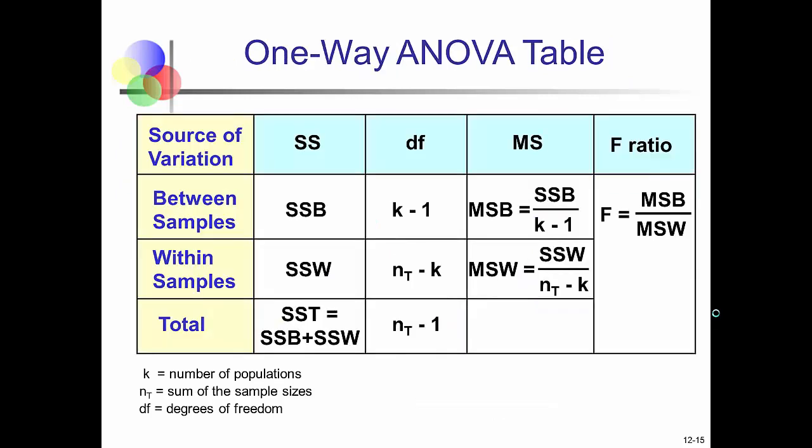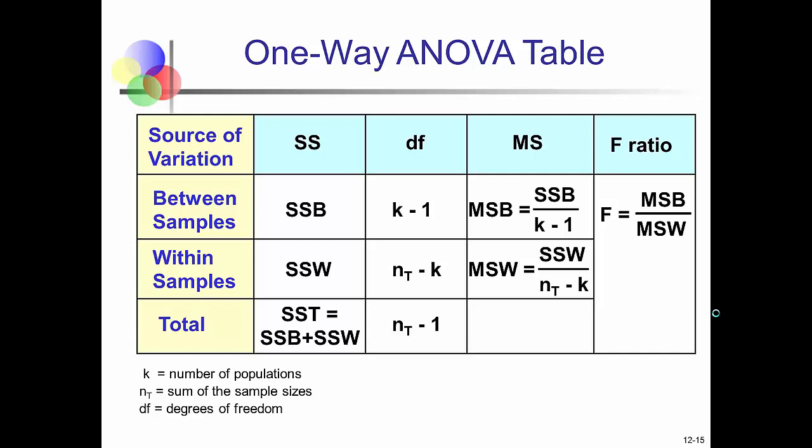This table provides you an explanation of what you'll see in the Excel output that you can generate, or in the Minitab output also. In Minitab, the order of these columns is slightly different, but the values all mean the same thing. So you see here the source of variation, SS is sum of squares, DF is degrees of freedom, MS is our mean squares. We haven't talked about those yet, but I'll show you how those are calculated, and F ratio is our F score. So the between samples, it will calculate that SSB for us. We don't actually have to do that by hand. It'll also calculate the SSW for us and the SST. So it's going to calculate the variation that we see between samples, the variation we see within samples, and the